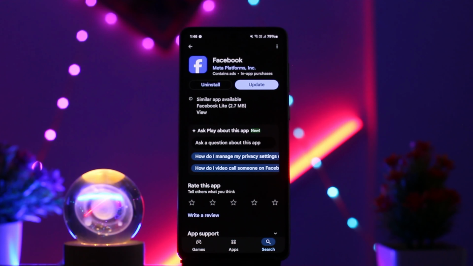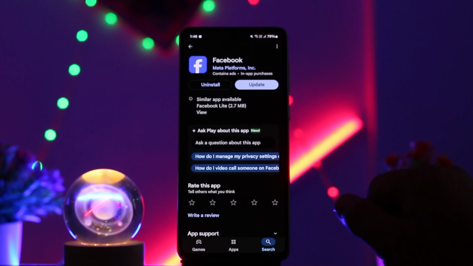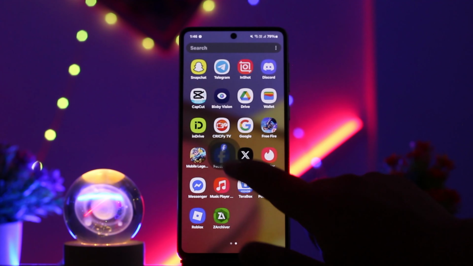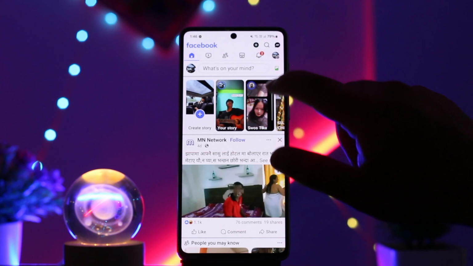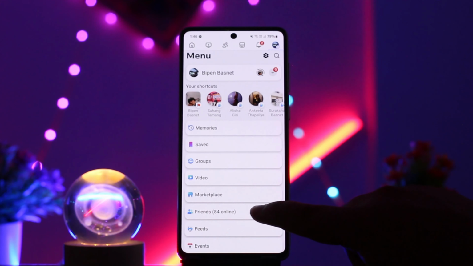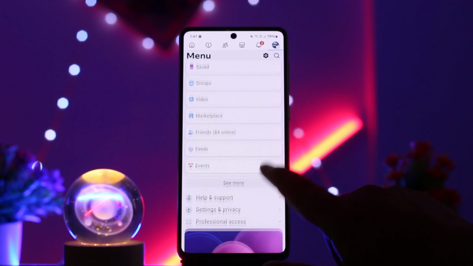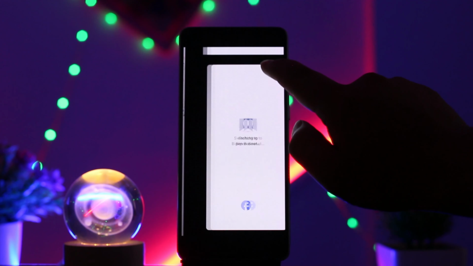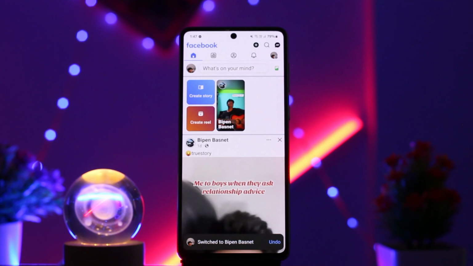In order to remove yourself as an admin of a Facebook page, you can simply go ahead and first open up Facebook. Once you open up Facebook, the next step is to tap on the three horizontal line icon at the top right corner and then scroll down, and first you want to head over to the page, right? So switch to the page. You can simply tap on the switch option there and switch to the particular page that you are the